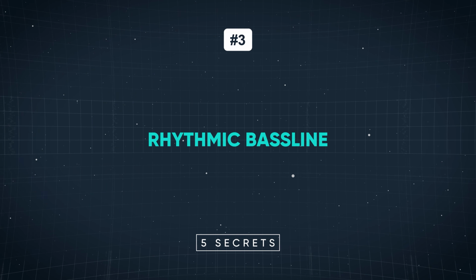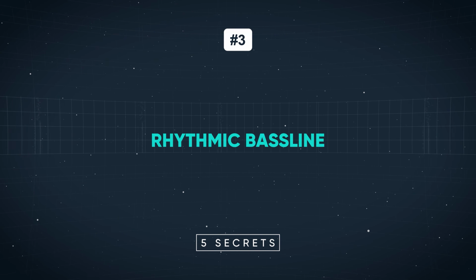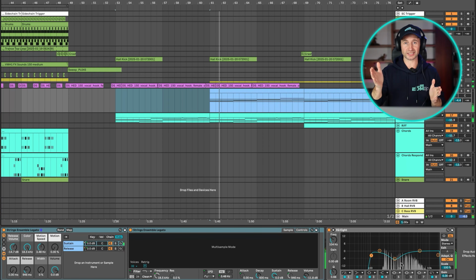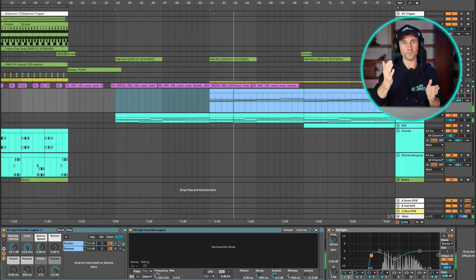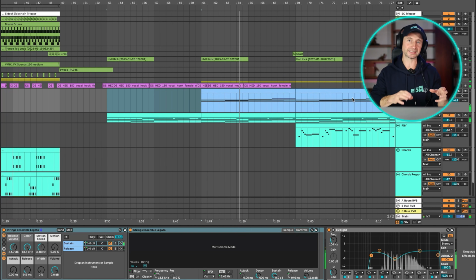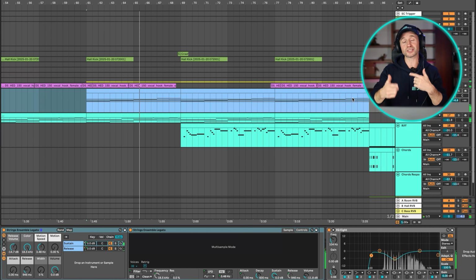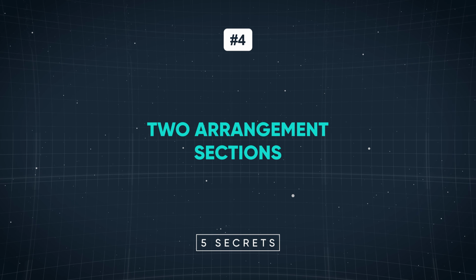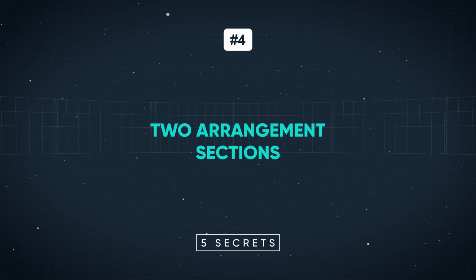Number 3 is rhythmic bass lines. If the bass line isn't actually playing on every 16th note itself, and it's playing in between each kick, you'll need some other synth that's hitting all those 16th notes to add that really driving groove that trance is known and loved for. Number 4, there are usually 2 sections when it comes to trance in terms of music